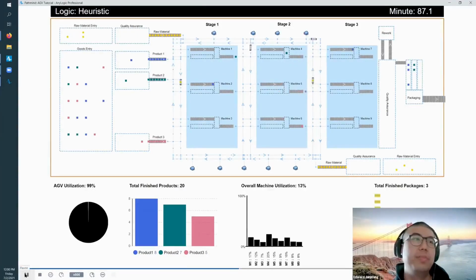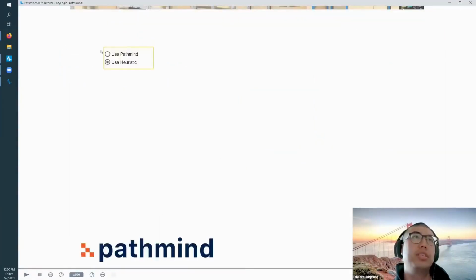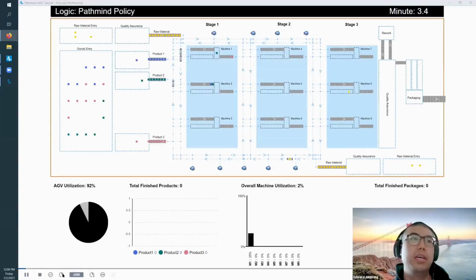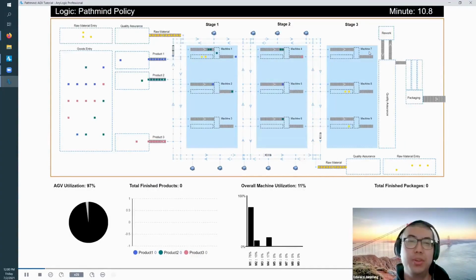Now if I stop this and run the policy, it looks very different. One thing you might notice is that machine 3 and machine 7 are completely ignored. The policy does not use them. You can literally just get rid of these machines. It does not care. And the second thing you might notice is that these 2 AGVs, if I speed